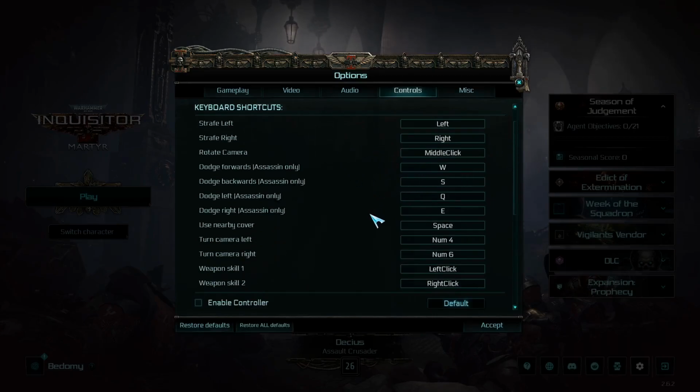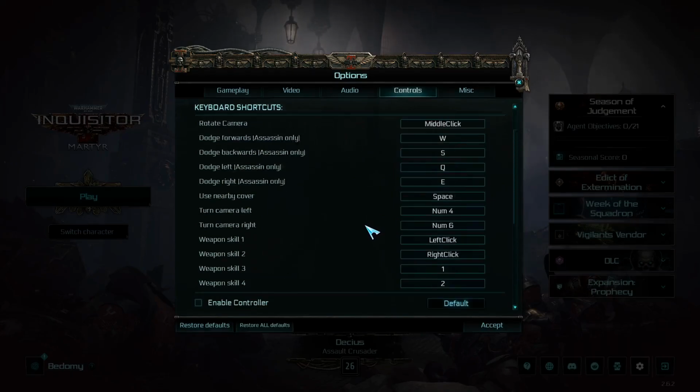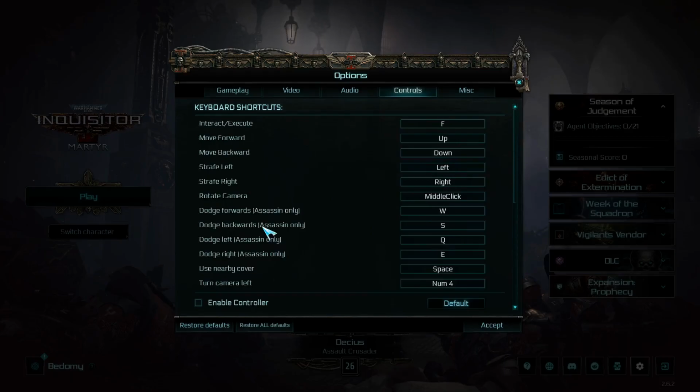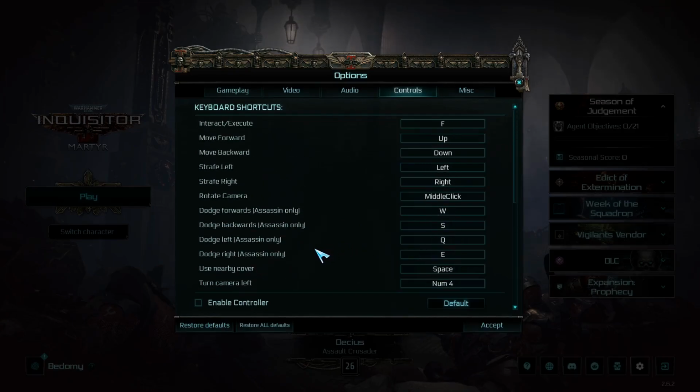with the game. As you can see, you can change the shortcuts to your own personal preferences, as always with these types of games. And as you can see, there are some abilities that are locked to specific character classes. For example, dodging is only reserved for assassins, while, let's see, assassin is the most nimble one of the characters you can play with, so you don't